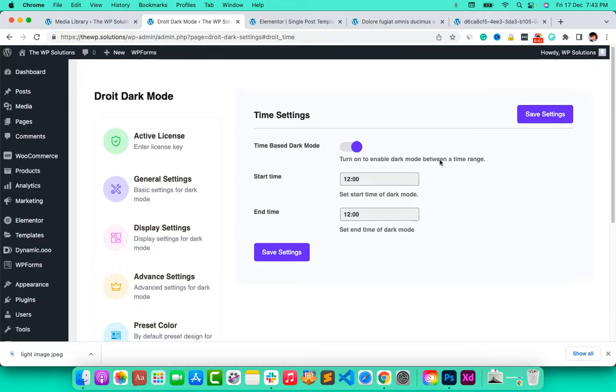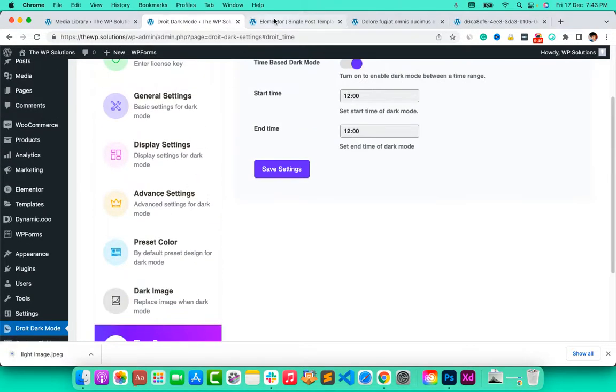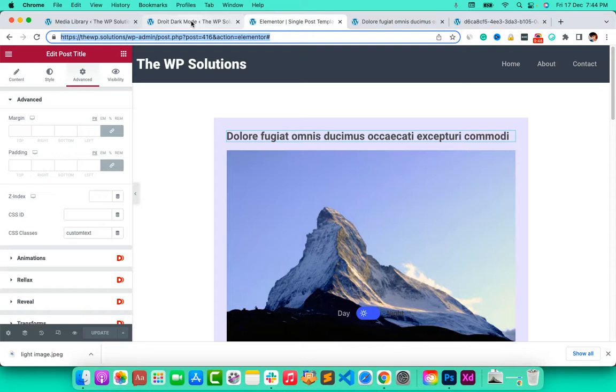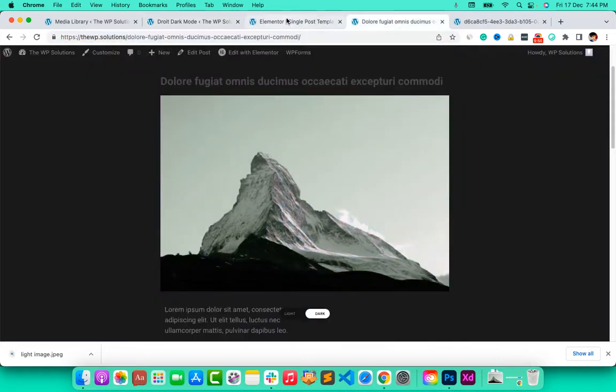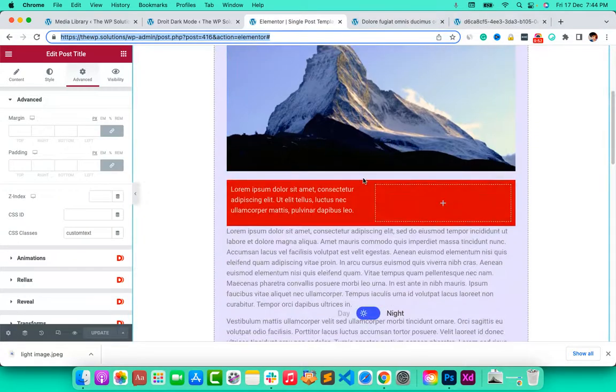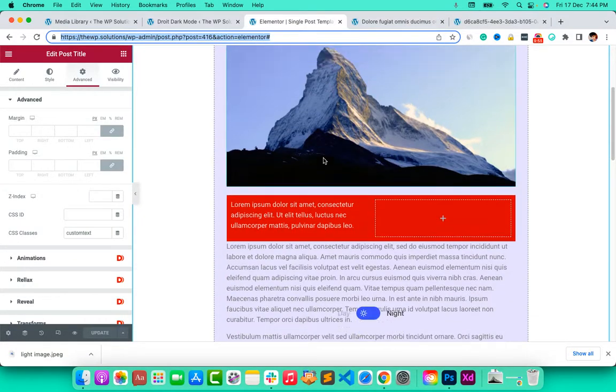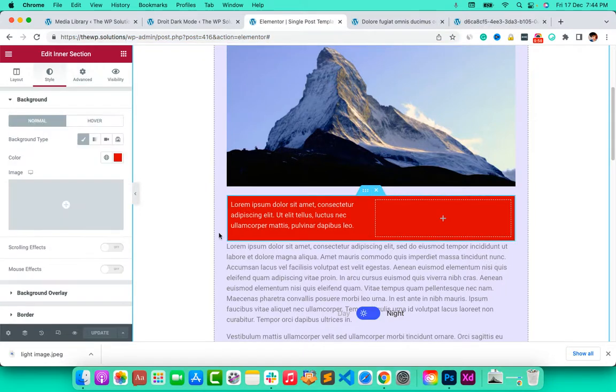So this is all for this Droid dark mode, and you can easily use it, and it gives you very immersive control. For example, I have this one, its color is red, it is having a little bit of blue, and it is having white.